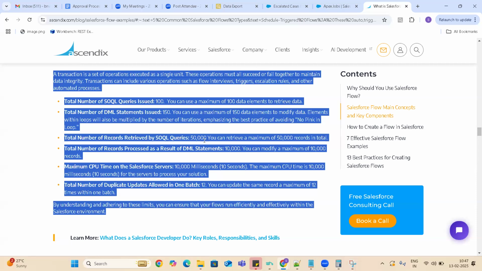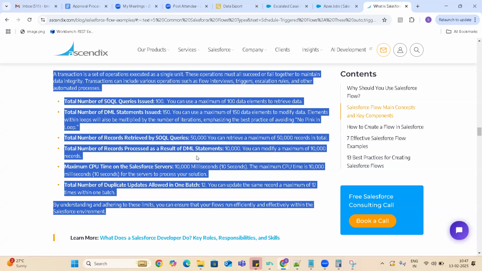There's no way you can limit it either. You can apply filter criteria, and obviously you can reduce the records. But even after applying the filter criteria, if you are getting more than 50,000 records as part of the flow, then the flow is going to break.